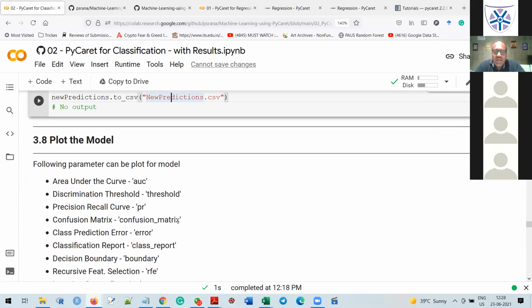3.8. There are different plots. We need to plot for binary classification, because in regression we only performed the scatter plot, the learning curve, and the cross validation curve. But in binary classification, some plots are there, like the AUC curve, area under the curve. We need to find out the confusion matrix. So how exactly do we calculate all these parameters in a very simple way?